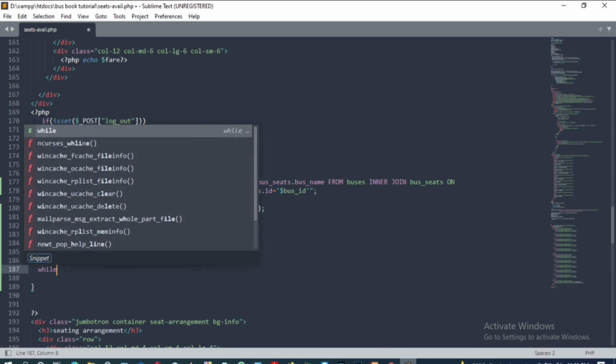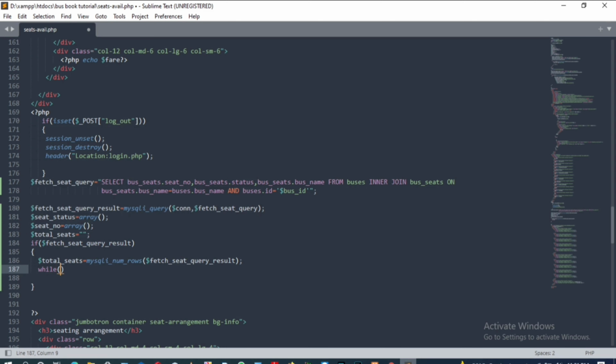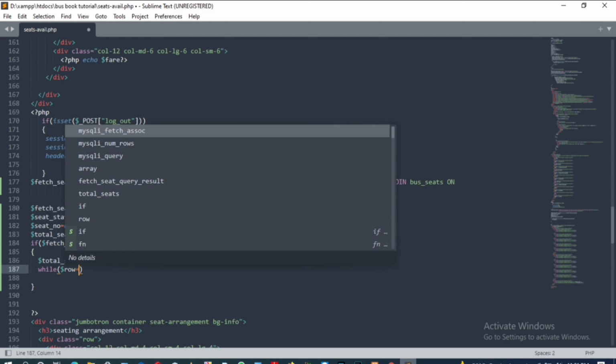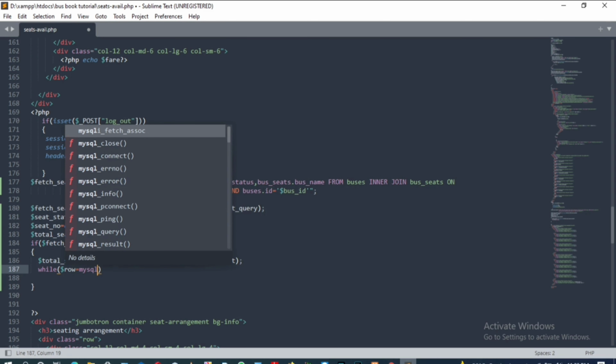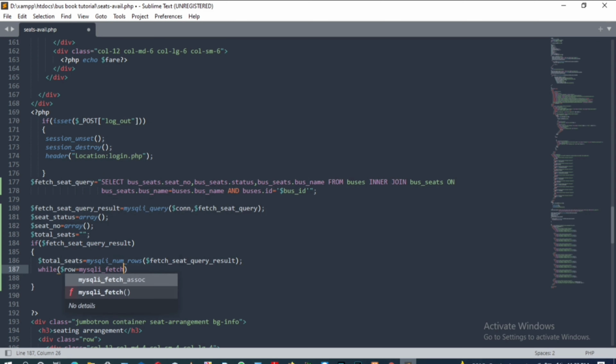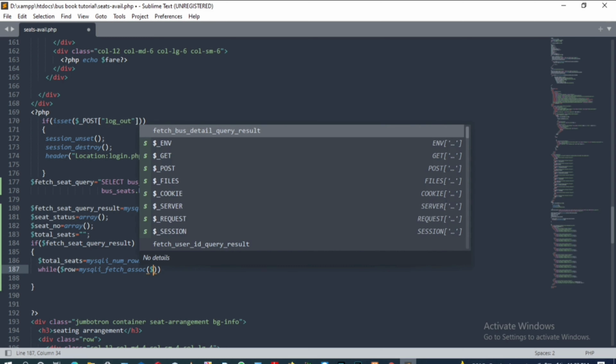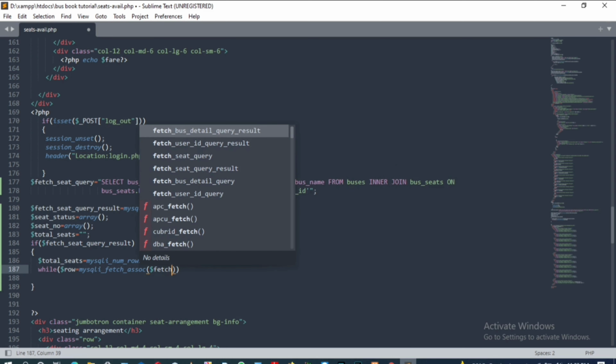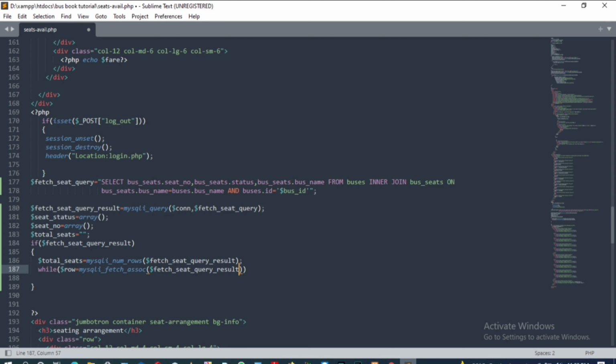Now we will take a while loop, inside which we will assign a row variable, and the value assigned to the variable will be an associative array using the method MySQLi fetch associate, and it takes a parameter, that is the fetch seat query result.